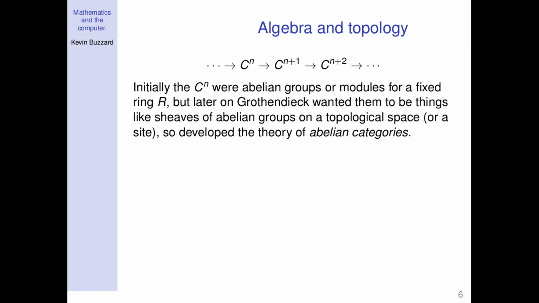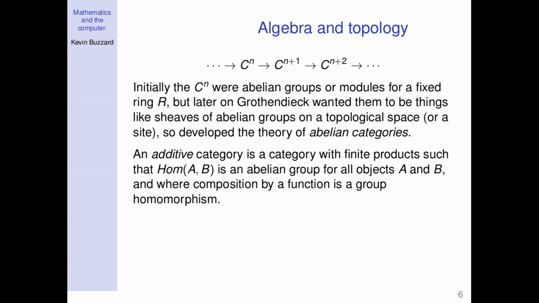But after a while, when more advanced techniques appeared, people like Grothendieck wanted them to be more abstract objects. Instead of having to set up the theory for abelian groups, and then again for modules, and then again for sheaves of modules or whatever, the idea is we should try and figure out what exactly we're using. And so Grothendieck, was it Grothendieck? I should have checked this. Certainly I learned about abelian categories from a paper of Grothendieck, but the concept of an abelian category crystallized, which is a pretty general setting where the idea of a complex works.